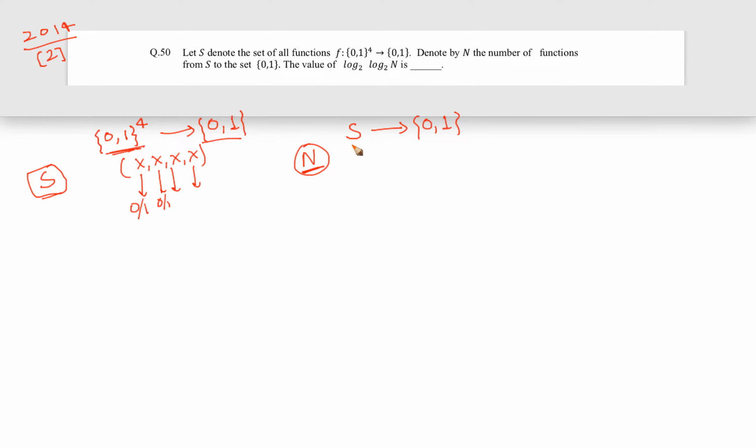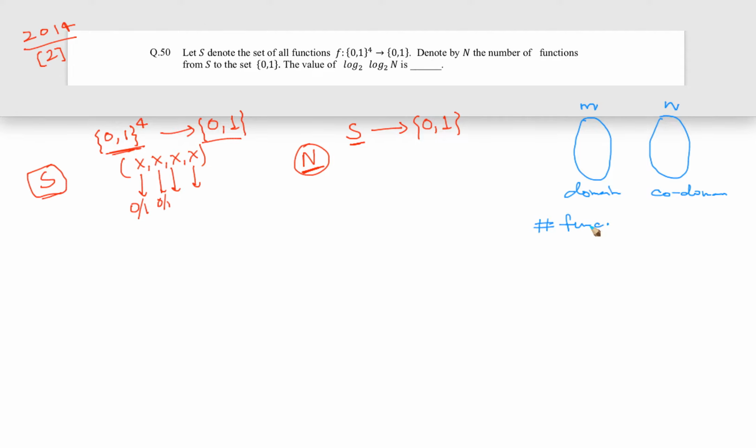For that, we have to calculate the cardinality of S firstly, and for that we have to understand how to calculate the number of functions when the functions are from one particular set to another particular set. Okay, so let's say this is the domain and this is the codomain. If there are m elements in the first set, which is the domain, and there are n elements in the second set, then you might have read that the number of